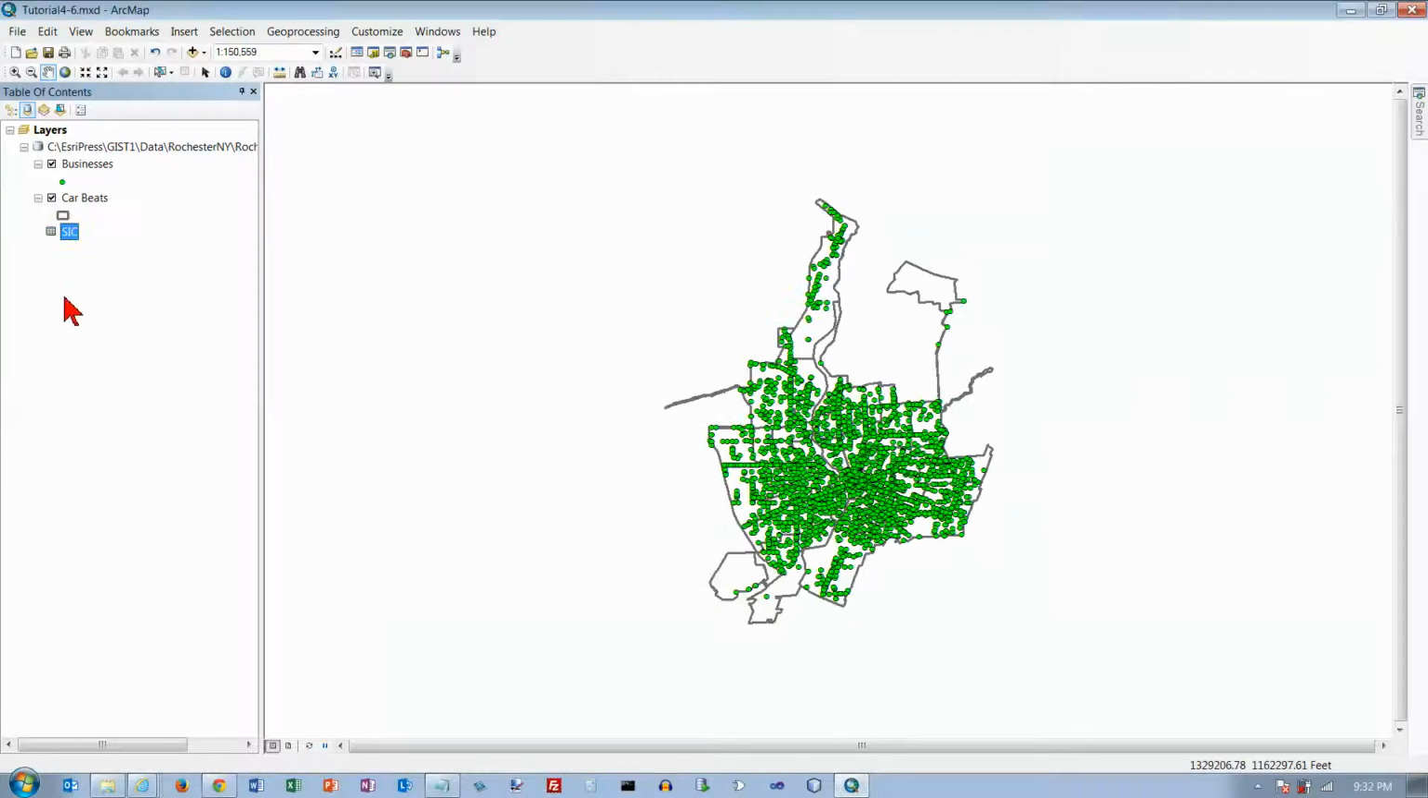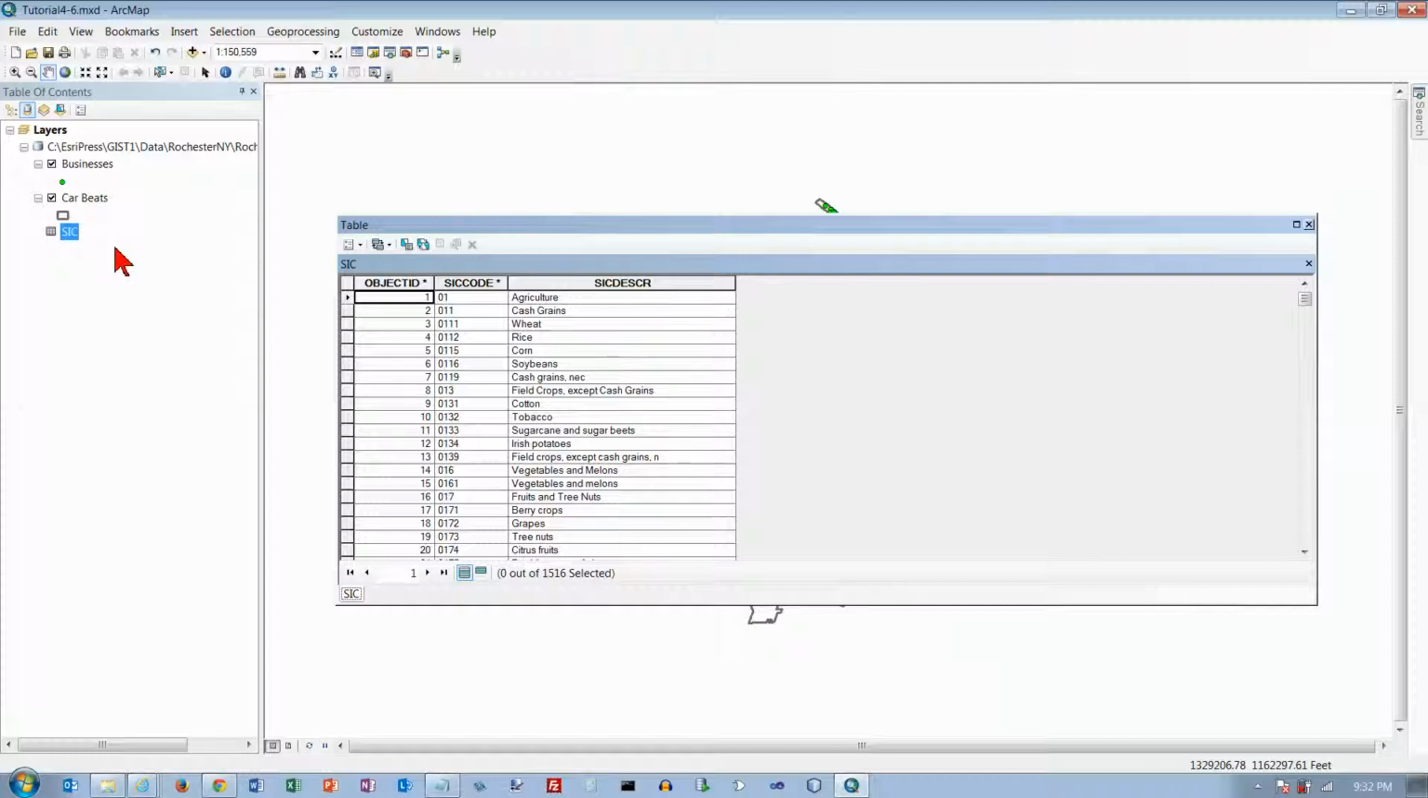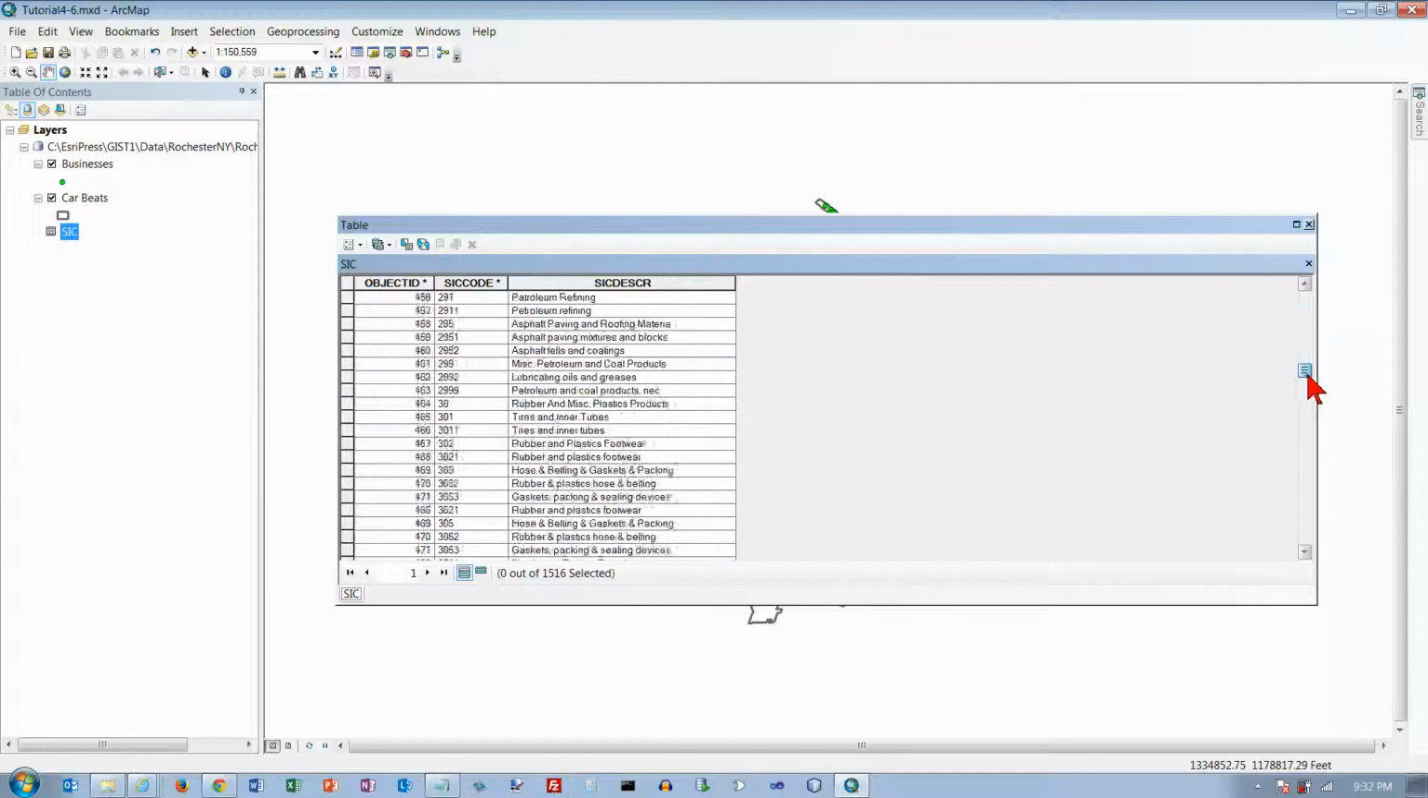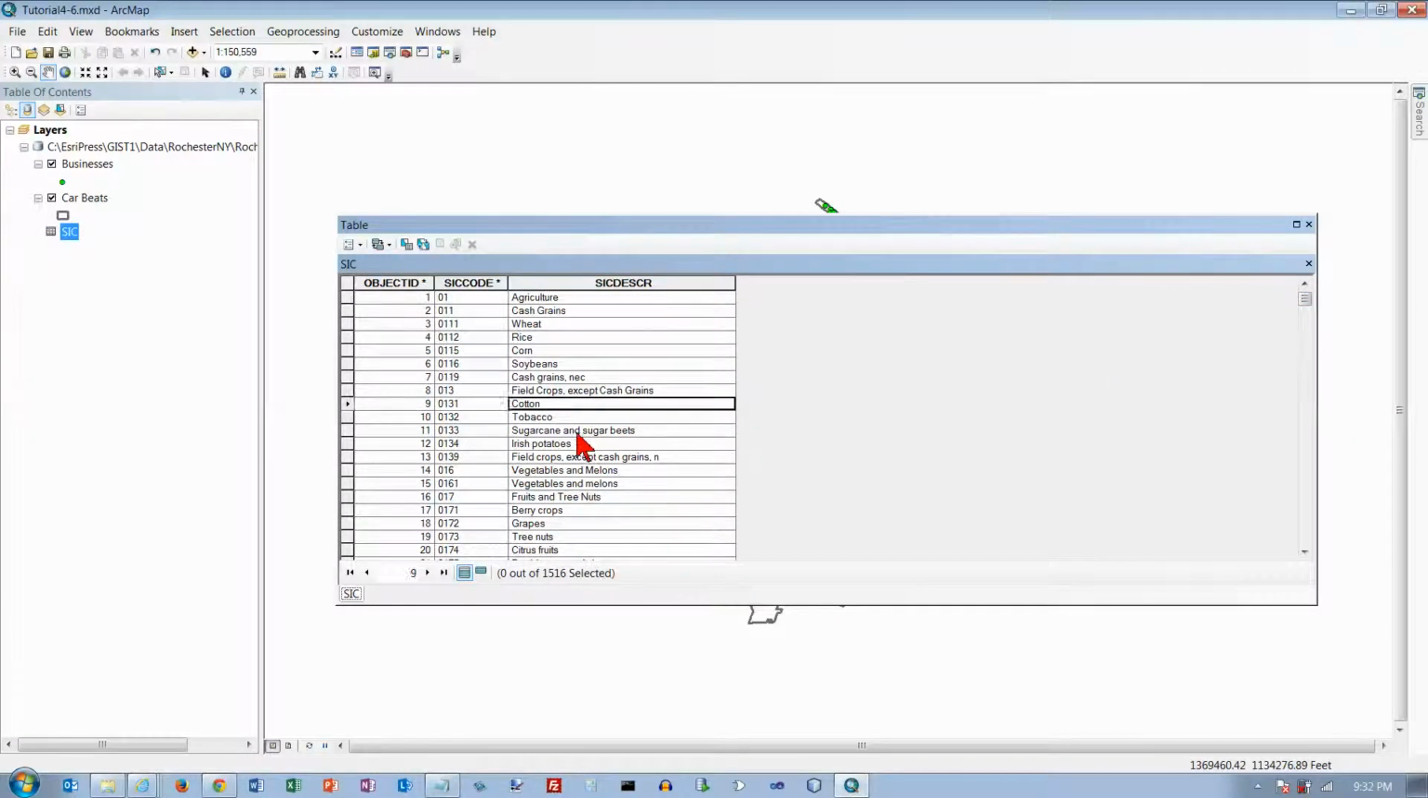and cancel that. I double clicked on it. What I want to do is right click and open, and it'll show us the data. And basically what we've got is a code here and then a description of what that code means. So we've got over 1,500 of them out here, and just about every business you can think of is probably listed here. Close the table,